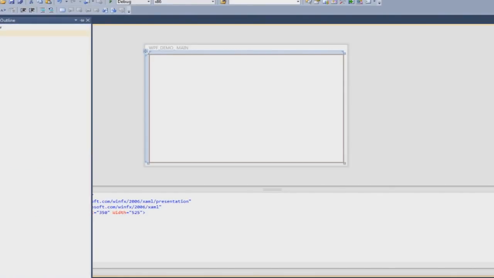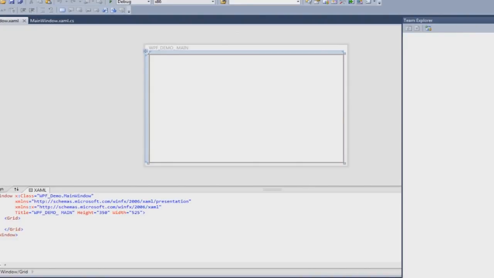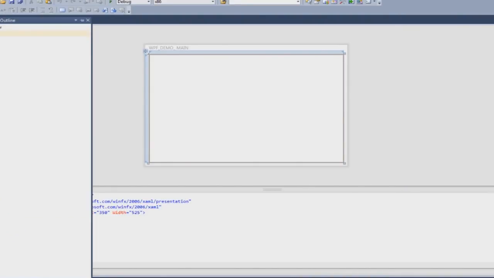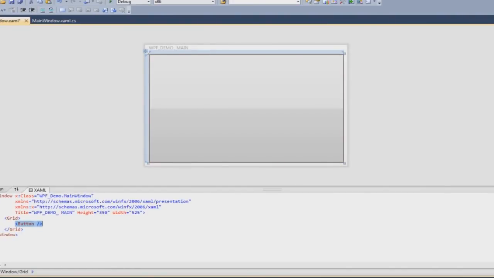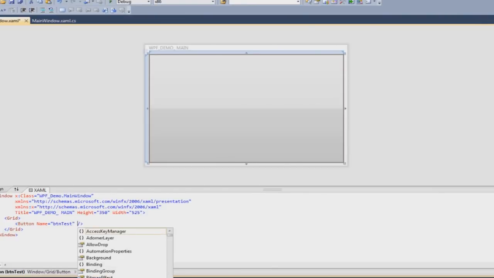Okay, so we'll go to the toolbox. Now as with all the .NET projects, you have your toolbox, your solution explorer, team explorer if you're connected to a team server, and all those other things that you have as added advantages. Okay, so the toolbox, just go to all WPF controls and just drag a button, and you can put it on the designer or you can also put it in the XAML. It does not matter. So you can give a name to this button, say btnTest, and if you want to show the content, that is the text of the button, it's the Content property. Just set it to say